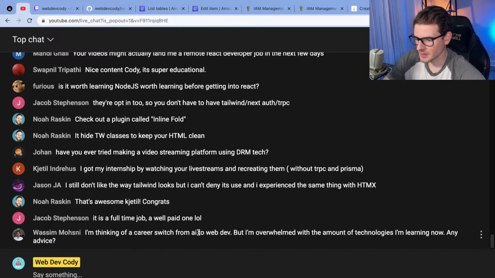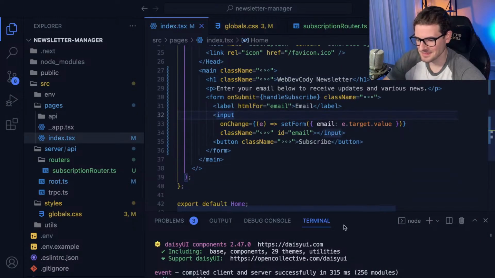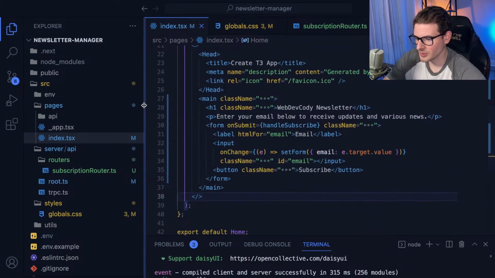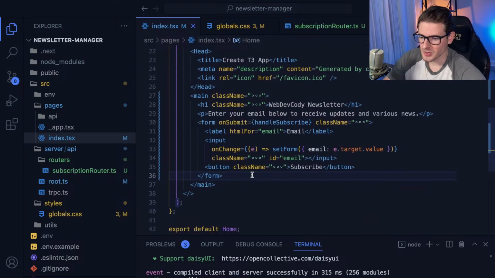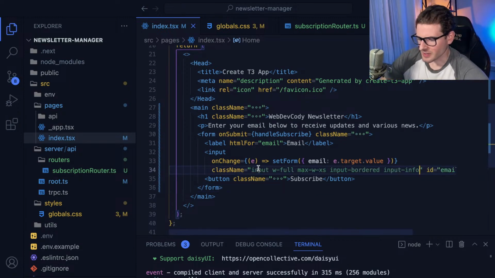Switching from AI to web dev. What's wrong with AI? AI sounds like it'd be really fun. My opinion, I don't know. But web dev, I would just stick to, I'm going to be biased because I use React. So I'd say learn React, learn TypeScript. Honestly, just start with the T3 stack, but that's just my opinion. Again, like I said, write your backend in Node, use TypeScript so that you can just stick with one language.